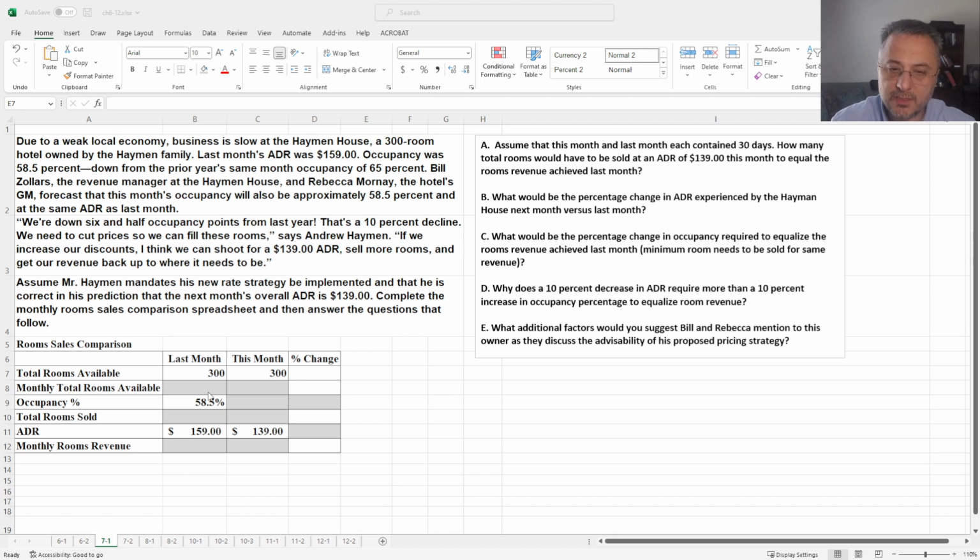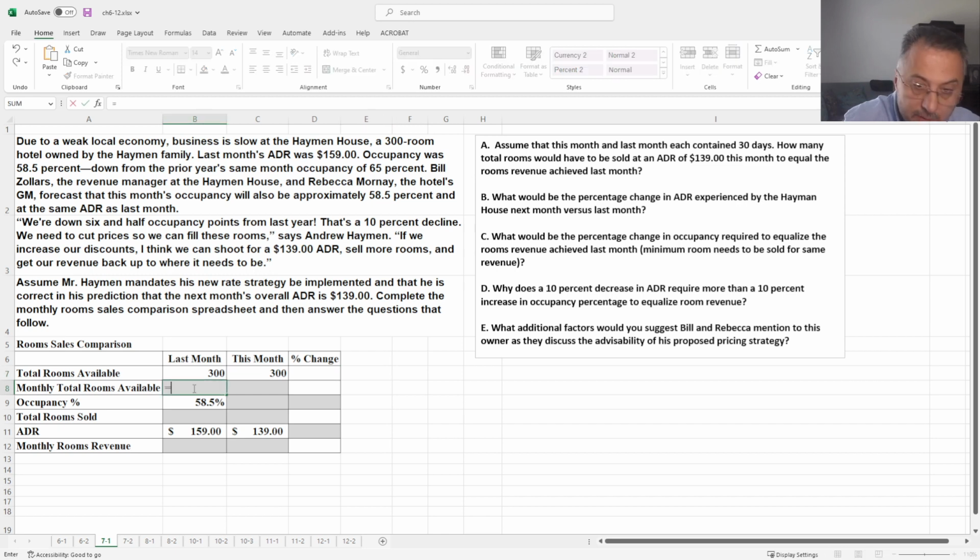In your questions, if a specific month is not given, like February with 28 days, you should always assume that months are 30 days. Now, with 30 days in a month, there are 9,000 rooms available for the last month, and considering the occupancy,